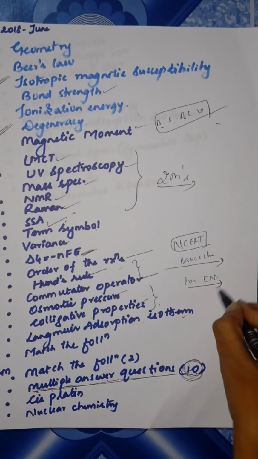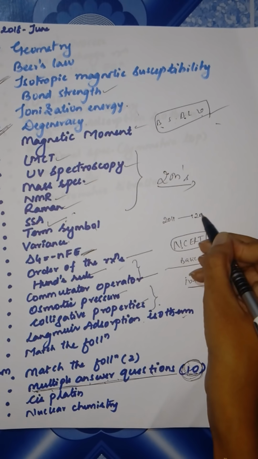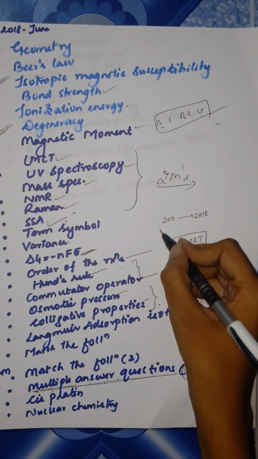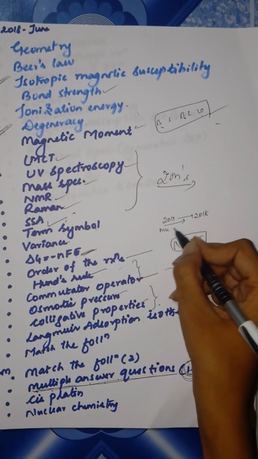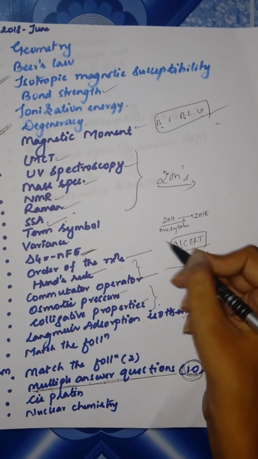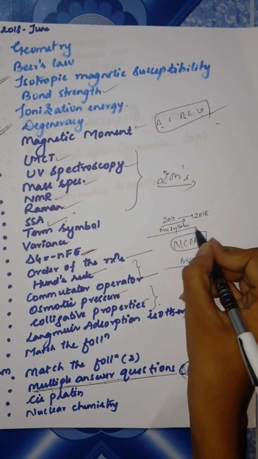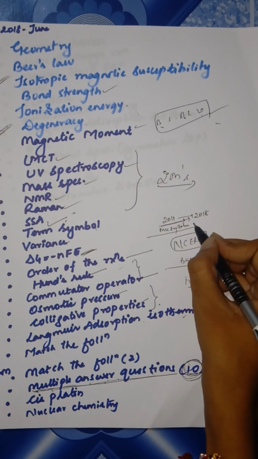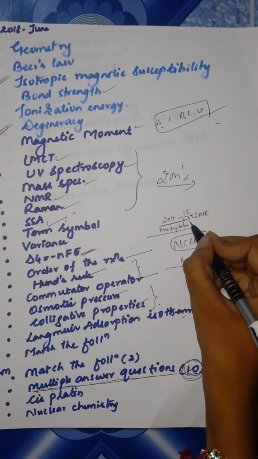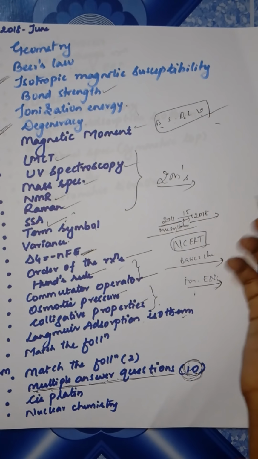All those you read and go, because as you see from 2011 to 2018, you used to get questions only from MSc syllabus. You never got basics here. When I say basics, I mean this electronegativity order; all those questions were never asked in this period. As you're slowly coming after 15 to 18, you'll see that there are no more questions in MSc syllabus or what, I don't know,